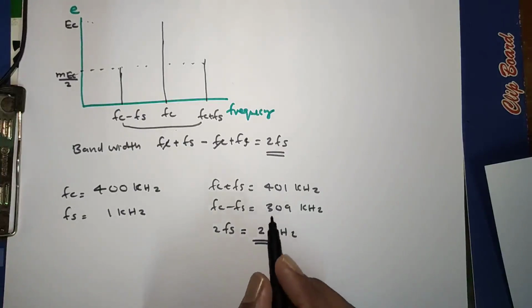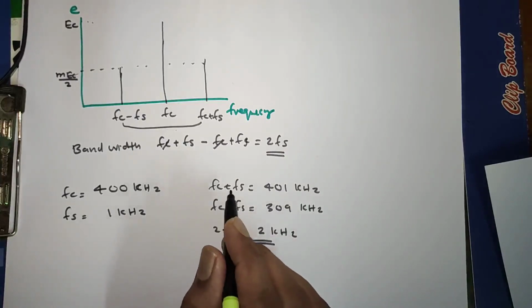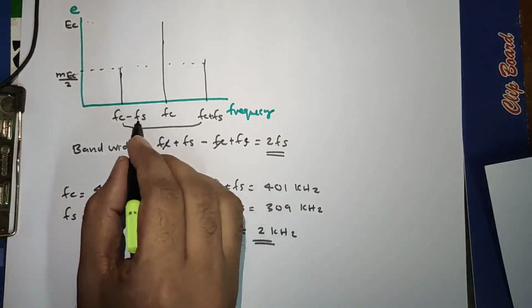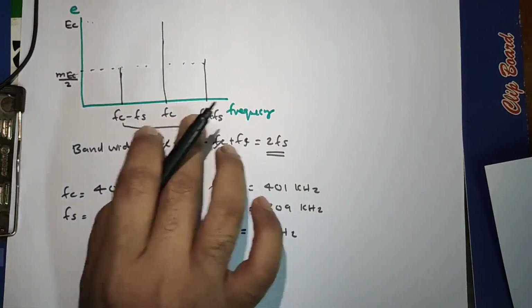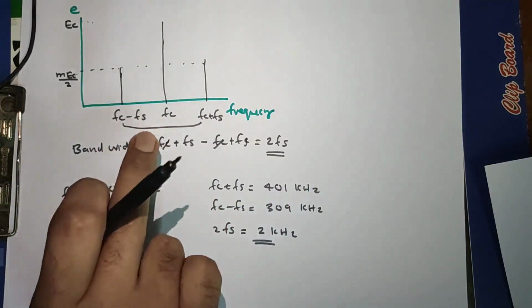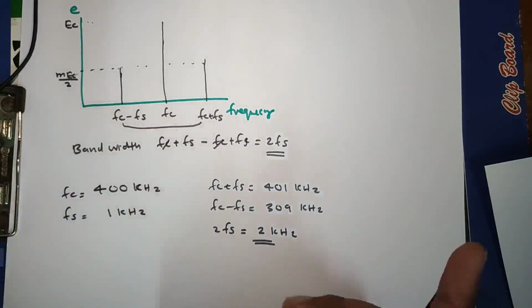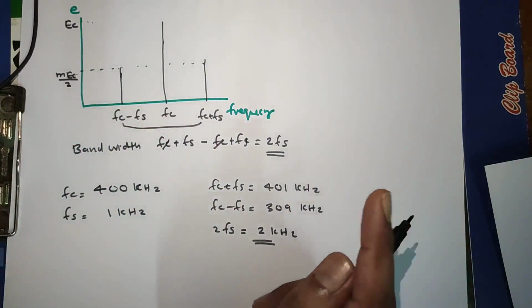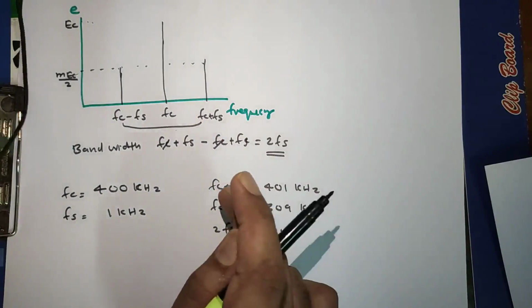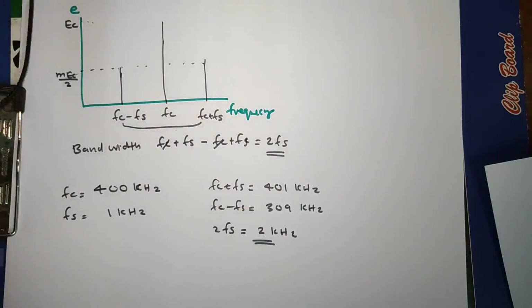And we are interested in this upper sideband frequency and lower sideband frequency because the signal is contained in these sidebands. The carrier wave FC carries no signal; our interest is to broadcast a signal, and that signal is contained in the sidebands, so we are much concerned about the sidebands. So that's about the analysis of